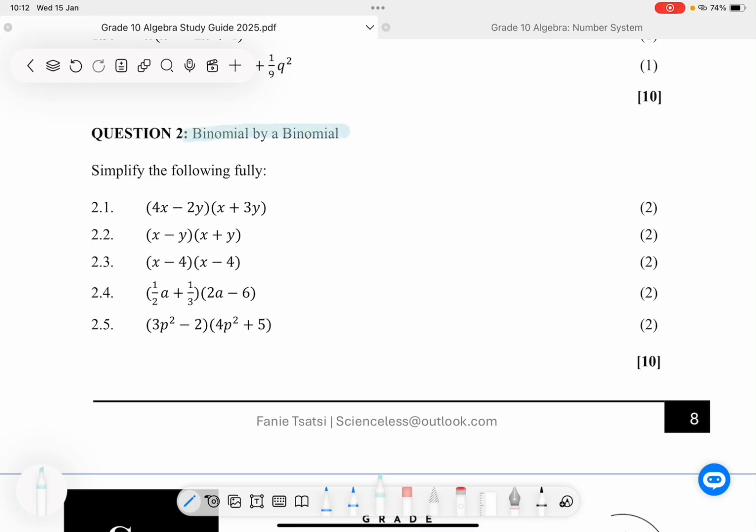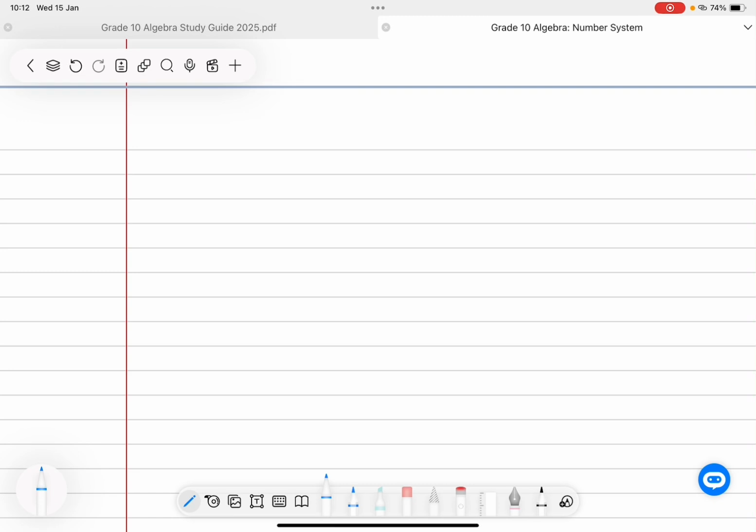Multiplying a binomial by a binomial is another method of finding the products of algebraic expressions, and question 2 will focus on doing such products. The question reads as follows: simplify the following fully. So if we look at question